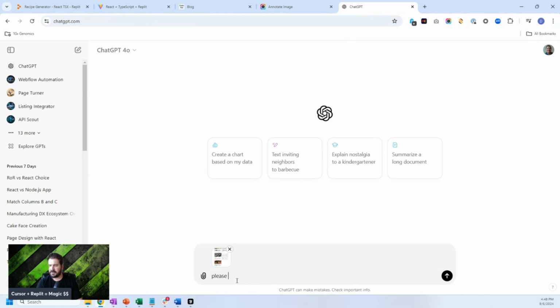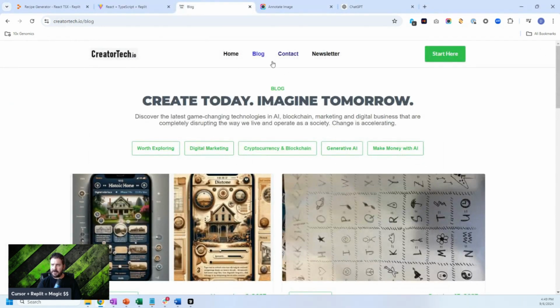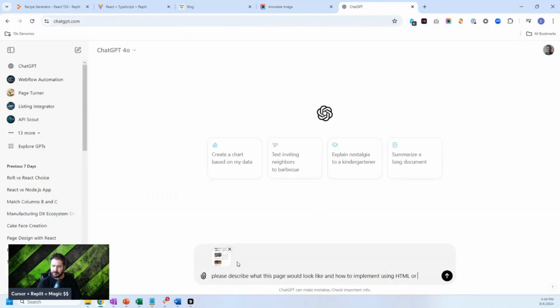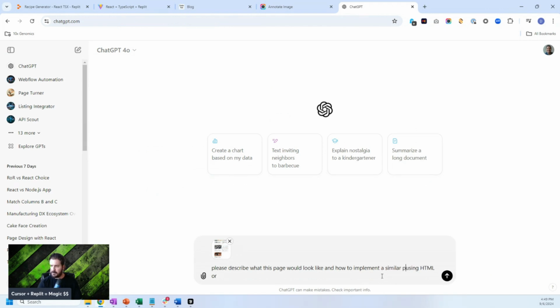I'm going to say, please describe what this page would look like and how to implement it using HTML. So what I've done so far, just so you are following, I've gone to this website right here. I've taken a screenshot of that entire site. I'm now going to ChatGPT and I've uploaded that screenshot. And I'm going to say, please describe what this page would look like and how to implement a similar page